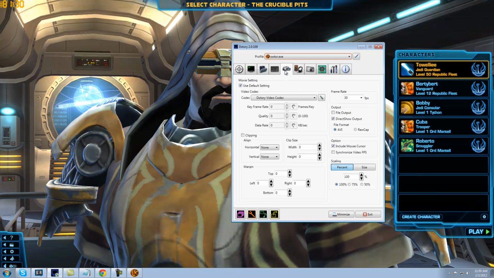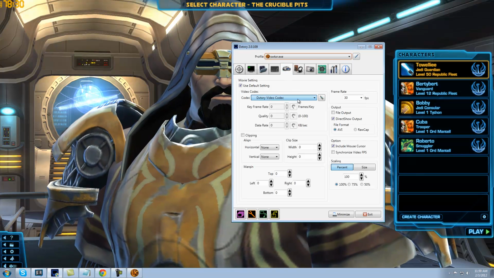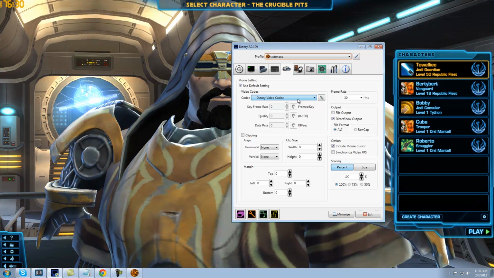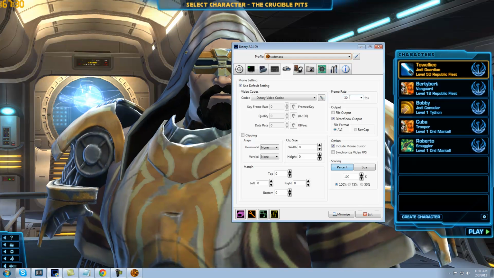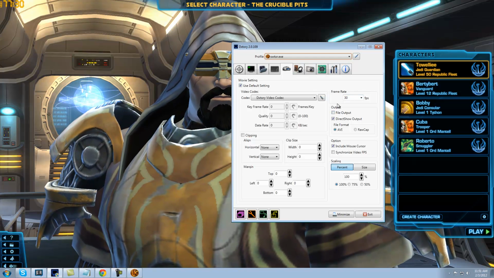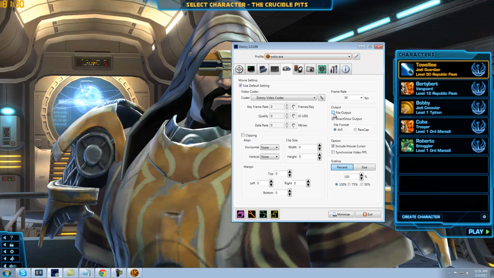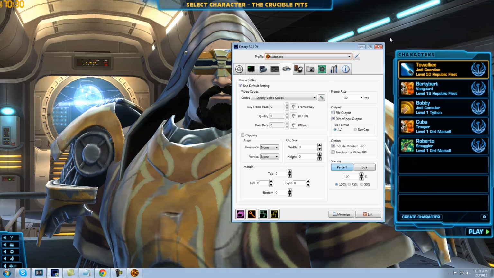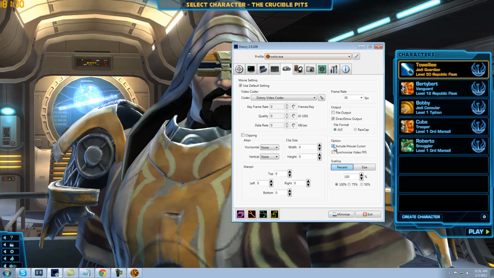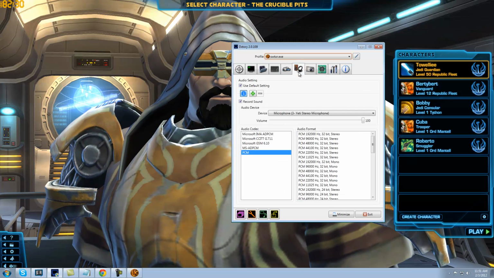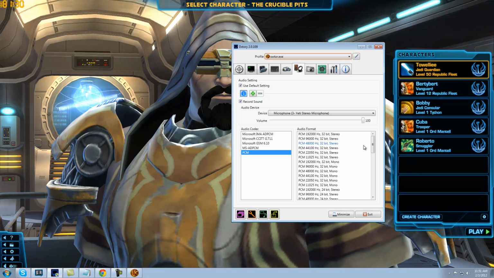Now in here, I have everything set to default. I don't have any special video codec or something being used. I'm okay with that. My frame rate is 30 frames per second. For output, it's going to have this one checked off. Uncheck file output, just the way it is here is how you should have it. Include mouse cursor, that's really your preference. I don't know if you like doing that. That's up to you. For audio, leave it at PCM and